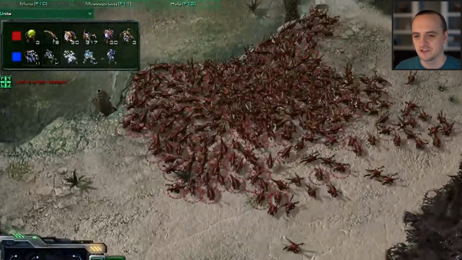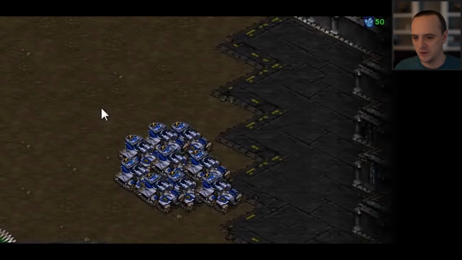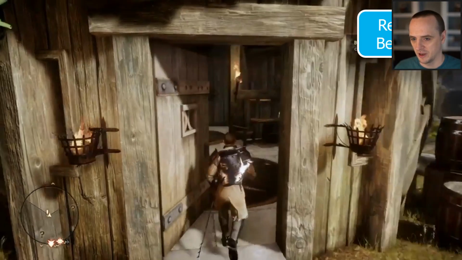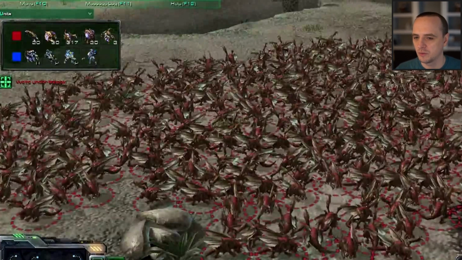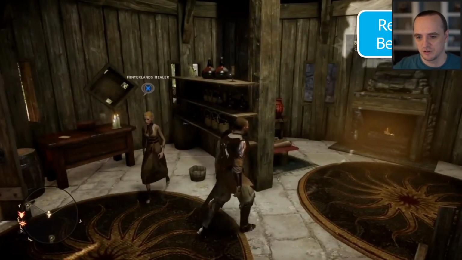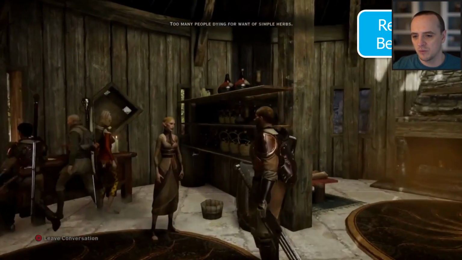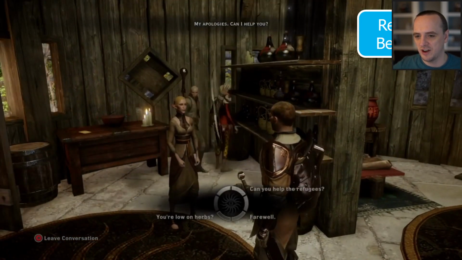Okay, so that just goes to show you how far we've come from this behavior to the Zergling behavior, right? Also, not only are you concerned with these technical things, like making sure units are sticking together and moving as a group, those tactical decisions, but you also want realistic behavior, right? So here we have an example from Dragon Age where these NPCs are just kind of getting confused.